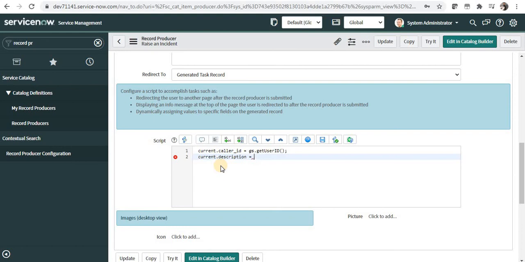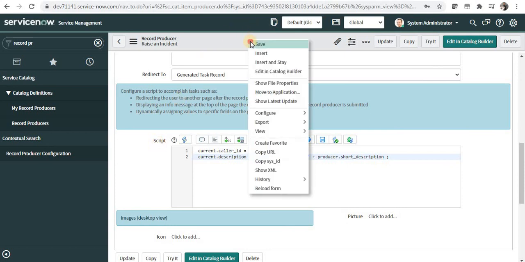So I will say producer dot short underscore description, and at the start I can say producer dot urgency. So a combination of these two will be printed in the description field of incident, and I will put a semicolon. So this script is basically ran after your record producer form has been submitted.